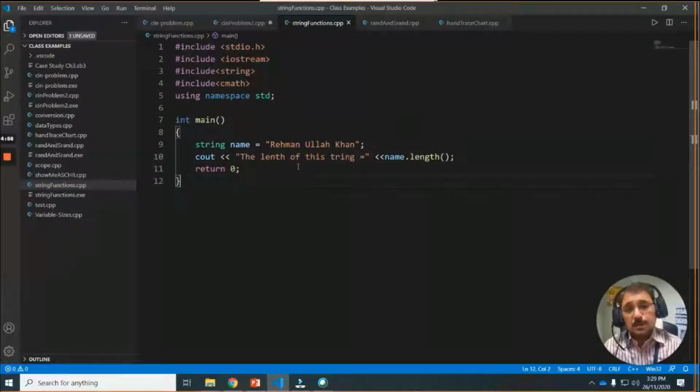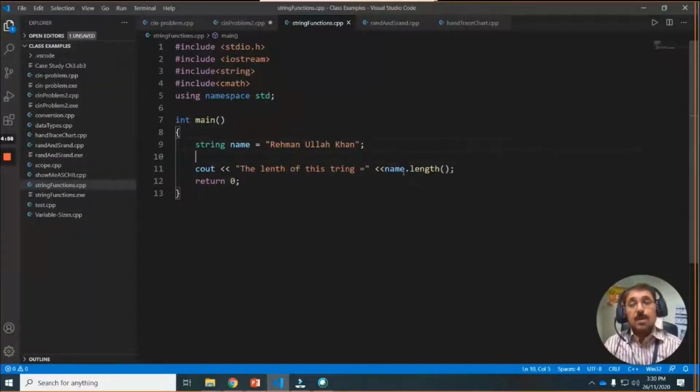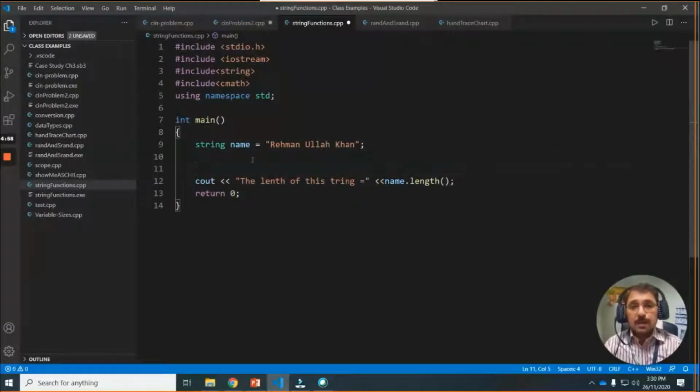Then it will display the message also. So this is one way to use the length function of the string class, we can find out the length of any string, it may be any size. Another thing, if you have another string variable also, like for example,